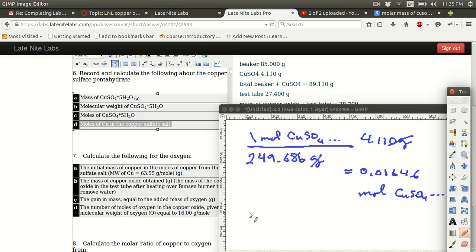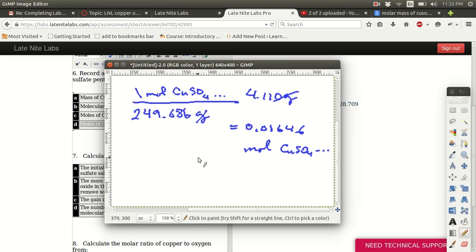Here's where some of the complication occurs. I know that there is 1 mole of copper in 1 mole of this material. So to write the complete formula, okay, you see here there are 4 moles of oxygen. You see there's 1 mole of sulfur. You see there's 5 times 2, 10 moles of H. How many moles of copper are there? Just 1, right? So 1 mole of copper is the same as 1 mole of copper 2 sulfate